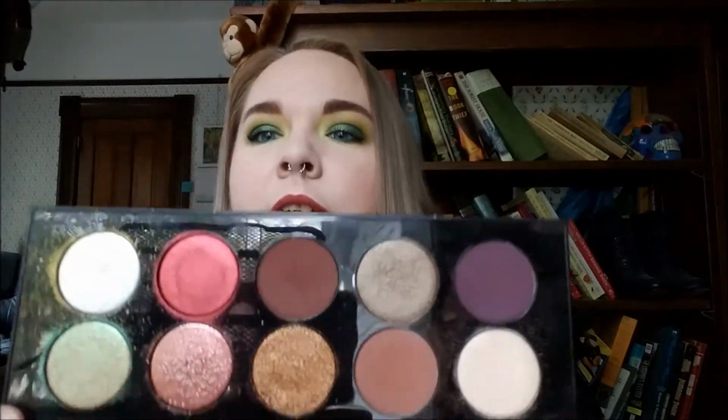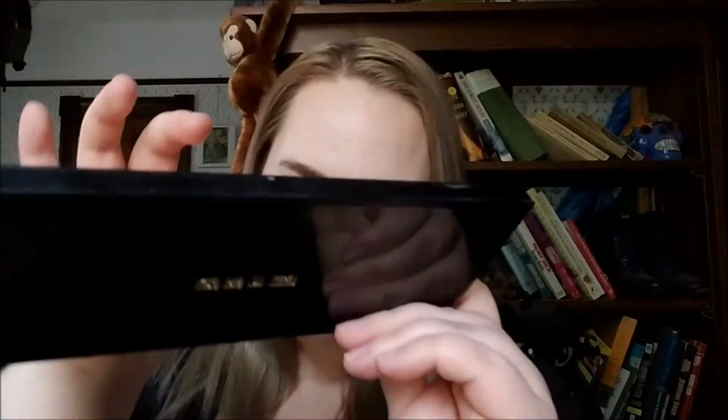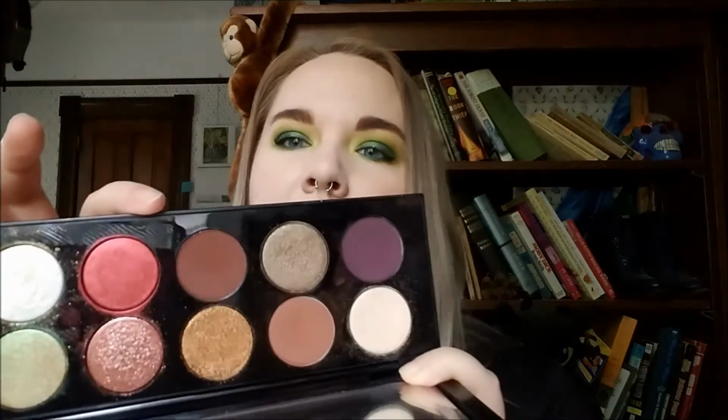I've worn them all. The palette now looks like this, so dirty, messy, a little used. I've got the beginning of a dip in Entrapment, some texture in Guilty Pleasure, some texture in Bronze Blaze. I had a lot of fun with certain things. I didn't even take this off. I can now take the thing off the mirror. So,